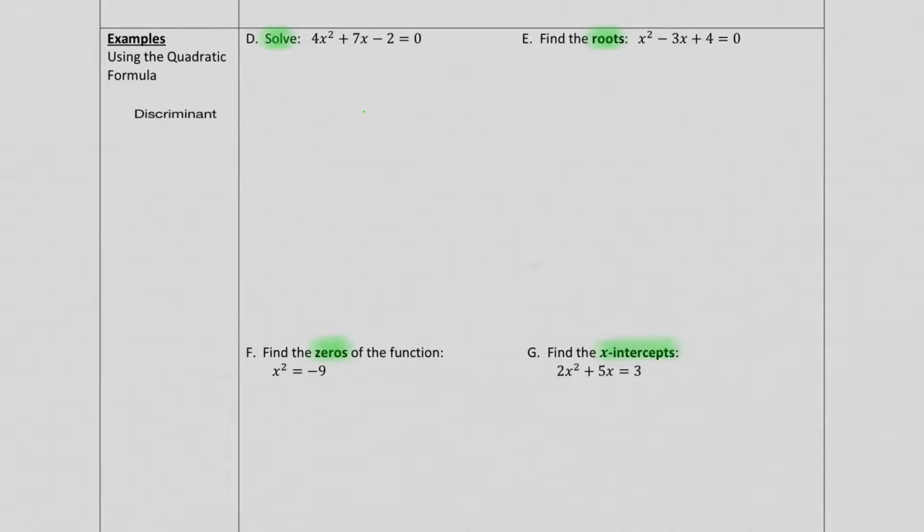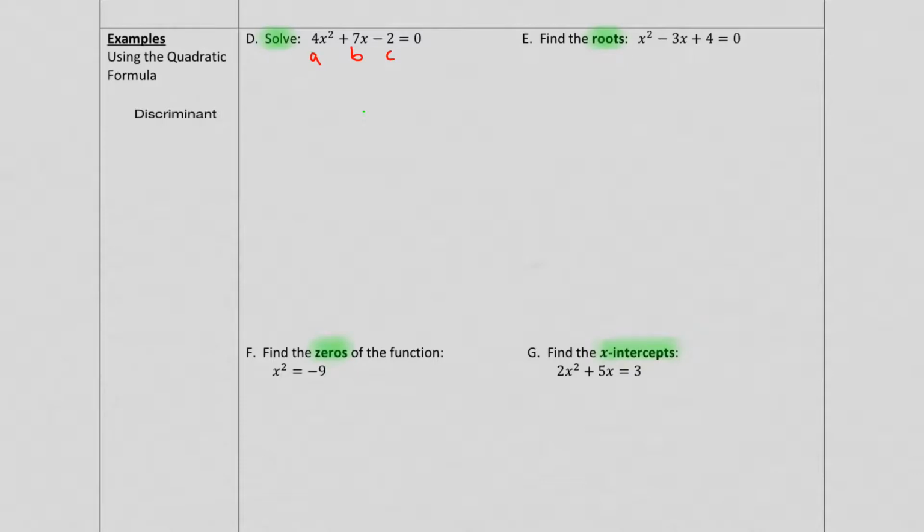After today's notes, you're going to have choice as to which technique you want to use, depending on the question and what you feel more comfortable with. But for these notes, let's practice the quadratic formula just to get better with that. So example D. This is already in standard form, so a equals 4, b is 7, c is negative